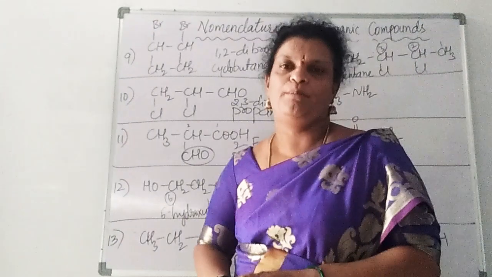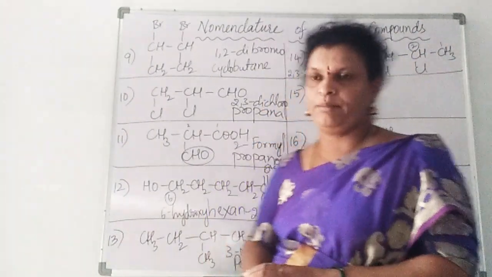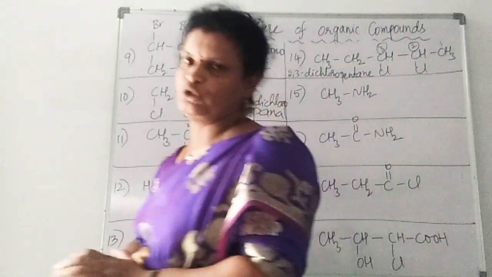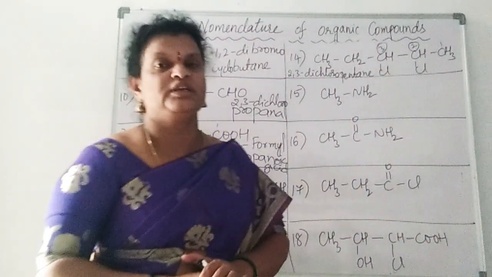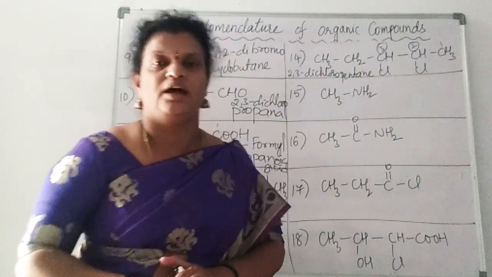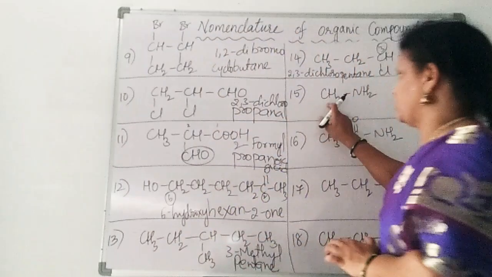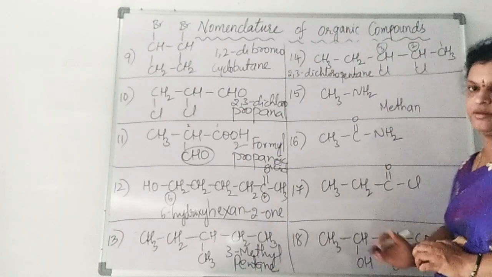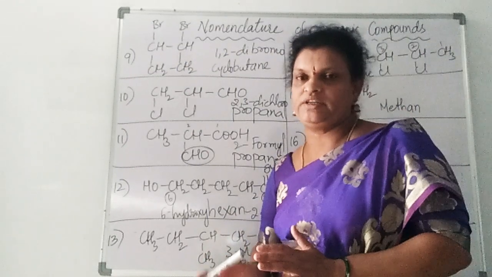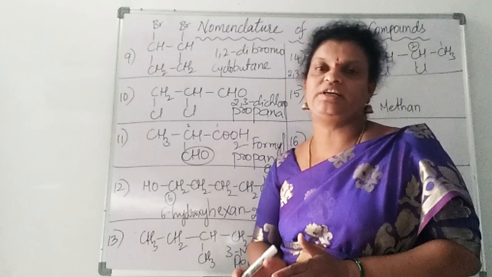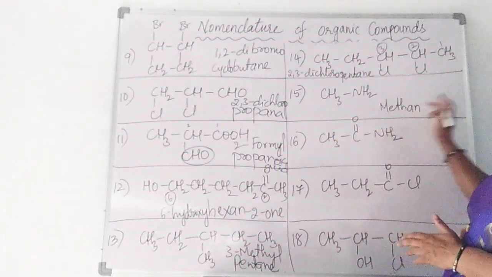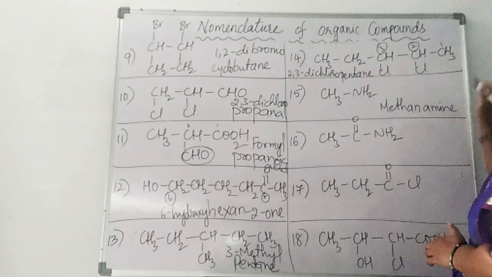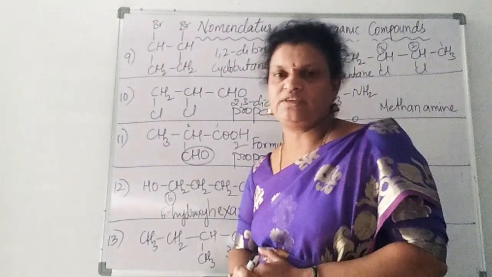2,3-dichloropentane. Next compound, if you see, we have CH3NH2. The NH2 functional group is given the secondary suffix name amine, right? And here only 1 carbon is there, so meth. Compulsory ane only will come here, because a carbon to carbon double bond is written as ene, and a carbon to carbon triple bond is written as yne, right? So methane, amine. So it becomes methanamine. Methanamine is the name given for this compound.